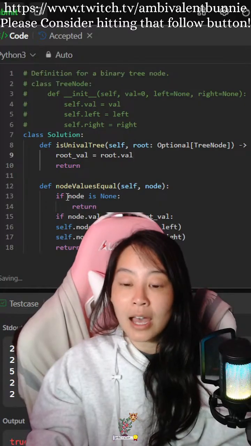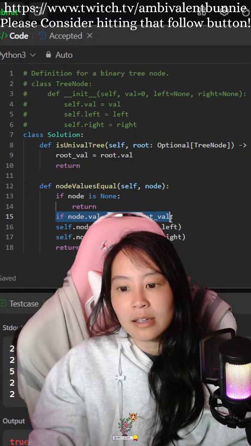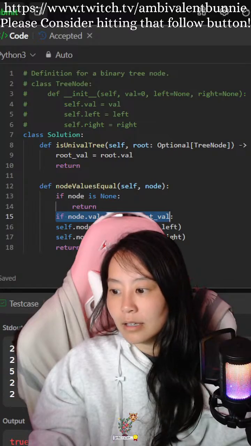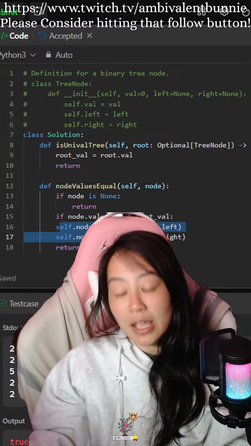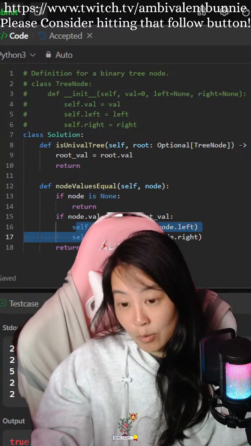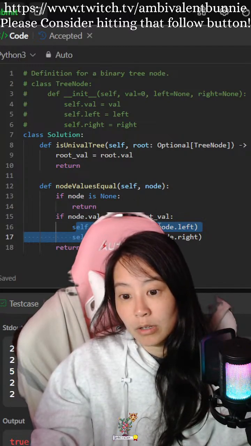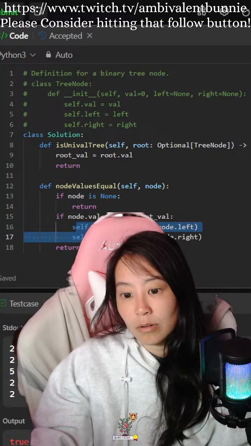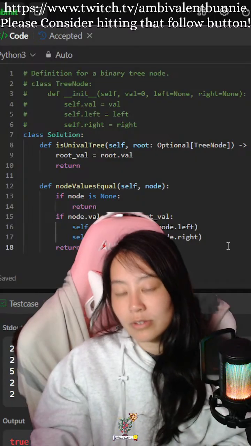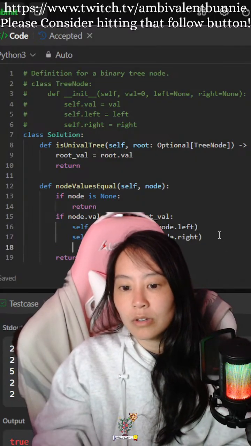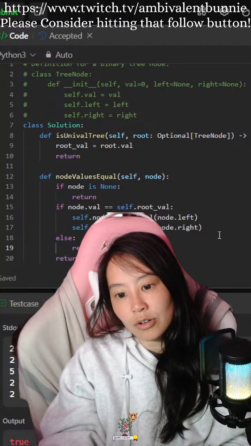So I did that, and if that node value equaled that, we would, else return false.